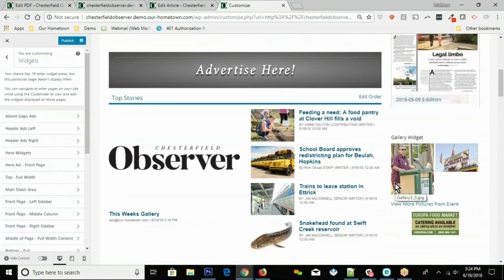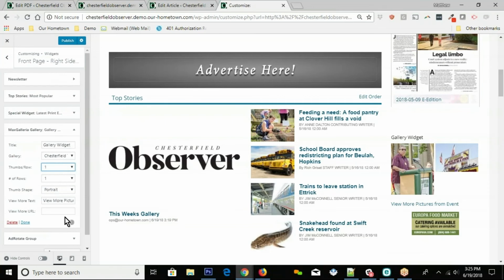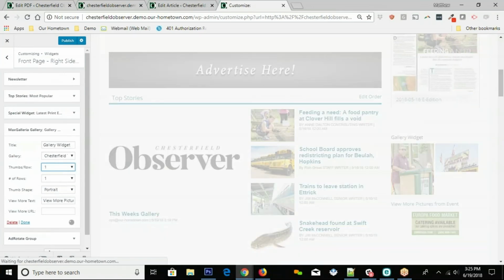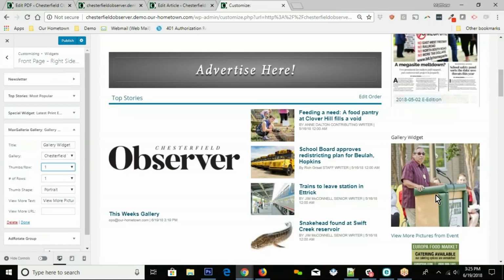So that's the difference between adding it to an article and just adding a Max Gallery widget to the home page. You would just set it to one by one and then make sure that the first picture is the